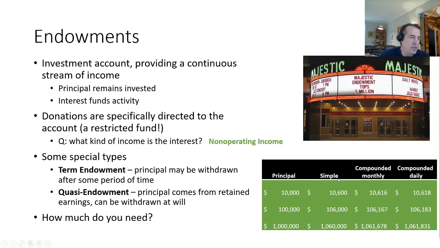So 6% compounded annually would give you $600 at the end of the year if you invested $10,000. You get a little bit more if you compound it monthly, and even more if you compound it daily. This stacks up as your endowment fund gets bigger with a larger principal. You can see that for a $1 million endowment, you could probably do a lot with that $61,000 worth of interest and dividends. So these could be a substantial generator of money and planned revenue for an organization.